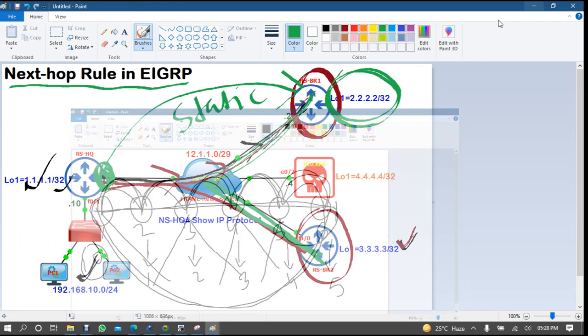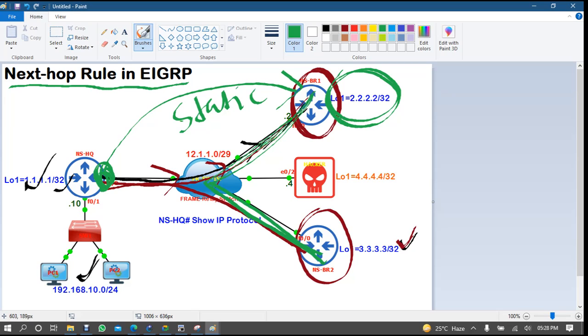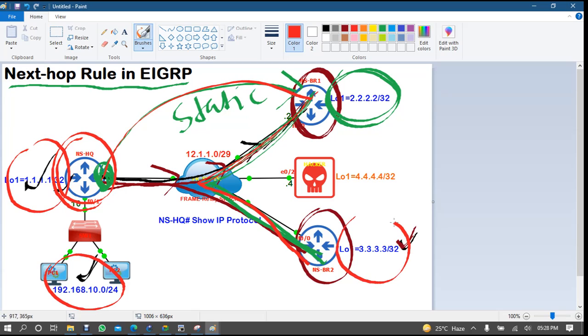So here also, if I have the option to directly communicate from here to here, why should I go to my headquarter? I understand that the update will be sent only via headquarter. But in the update, you send the original update. One is yours, 192 is yours, but 3.3.3 is not yours. You say that 3.3 is originated by branch 2. So whenever I want to reach it as branch 1, I should come directly here instead of going through you. Understood?